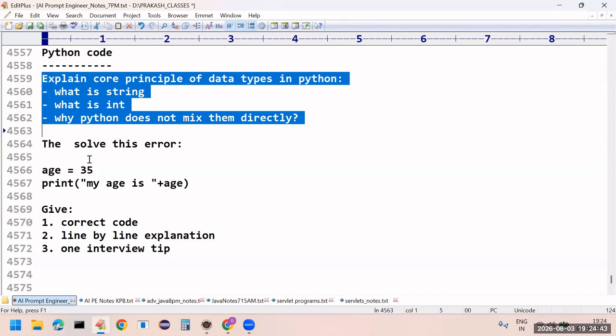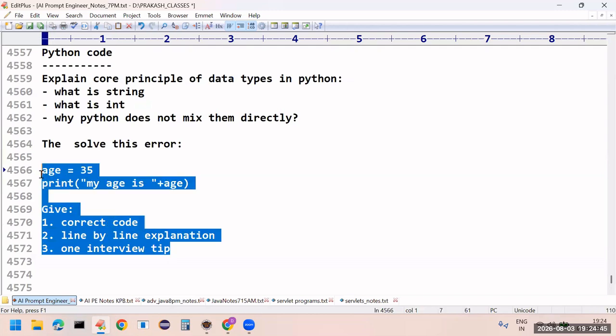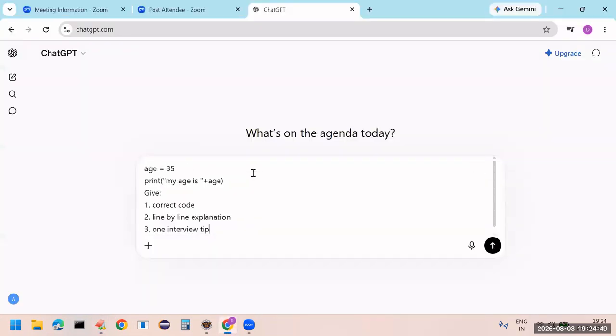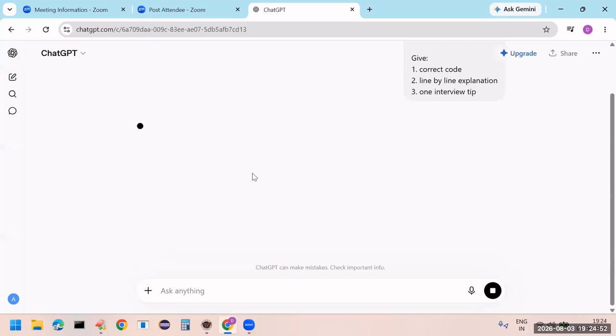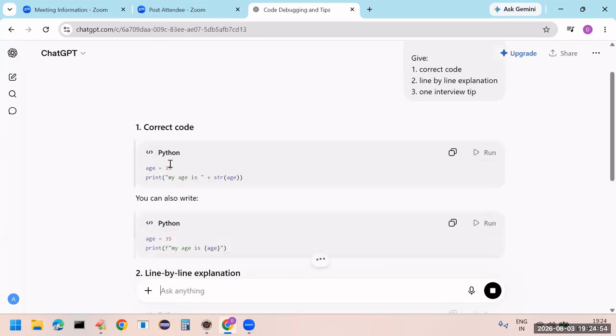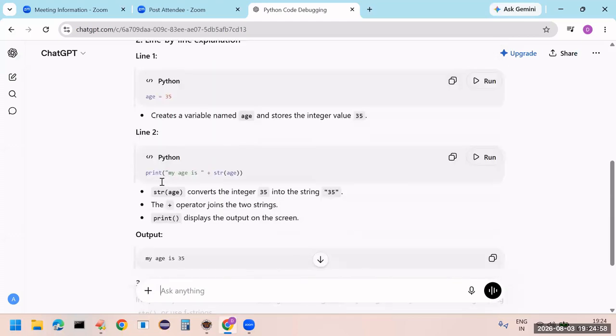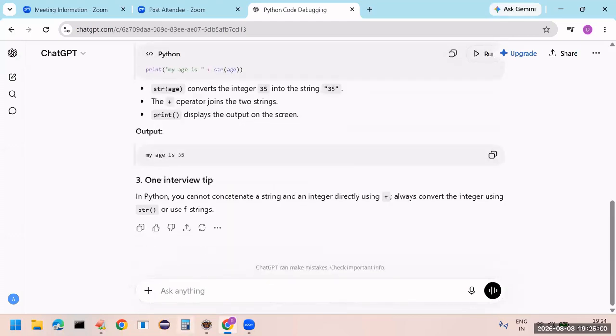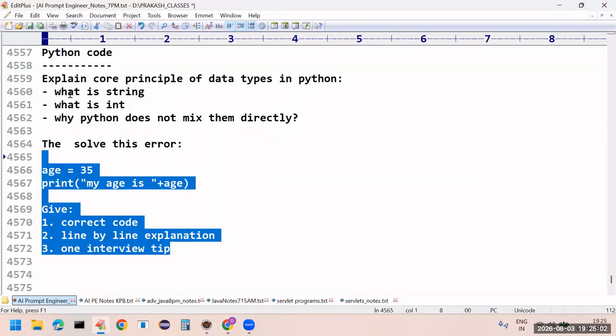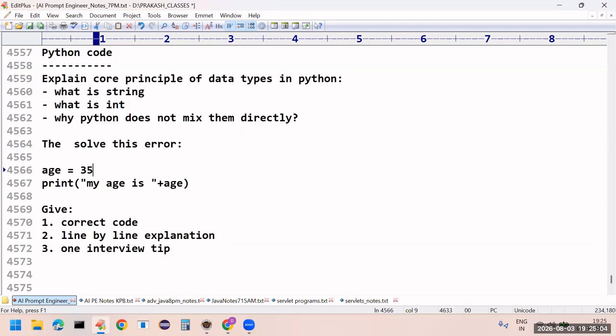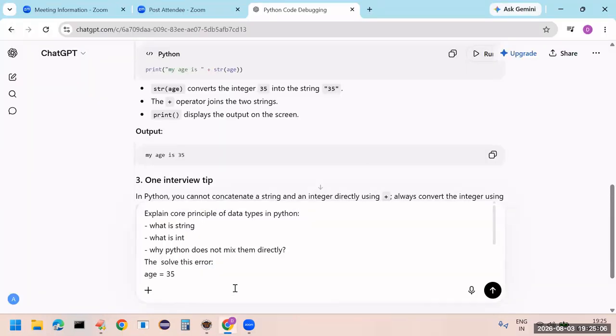Clear. So first I will try to run this code alone. Let us see what will happen. Sir, it is giving the correct code, then line by line explanation it is giving. Okay. Now what I will do is, I will copy paste the total thing, which includes the step back prompt. Now see,